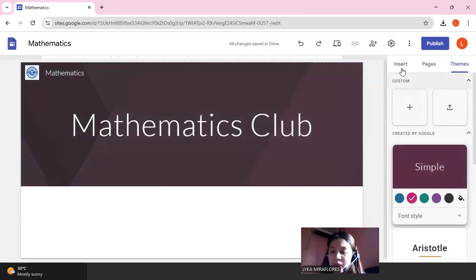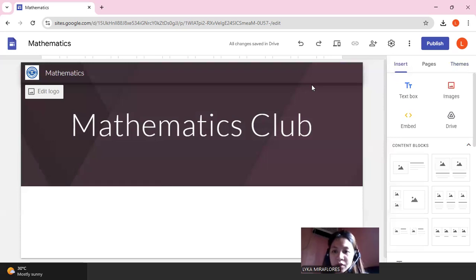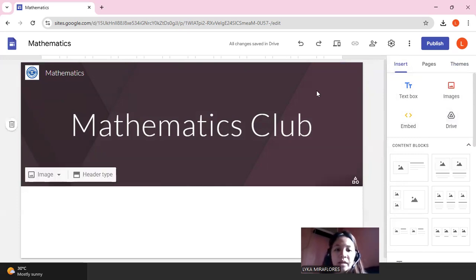And when you click Insert, you also have an option to add a text box, images, embed, which is the link. We are going to try it later. And then Google Drive. Now, in my case, I can add or upload images, but I just wanted to make it simple like that.